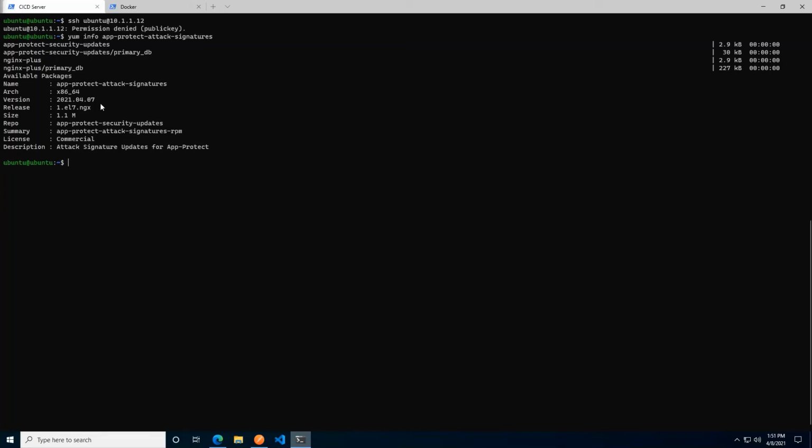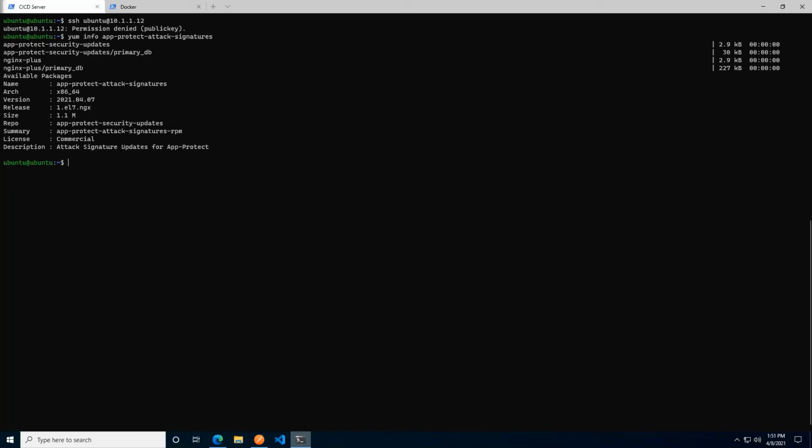Now, what would happen in a proper production environment with this automation toolchain is that when you detect a new signature availability, which you can do via a webhook or anything of that nature, you would trigger this workflow, and it'll automatically create a new base image for your Nginx App Protect container. You'd probably use this timestamp as your tag to indicate what signature base you're coming into.